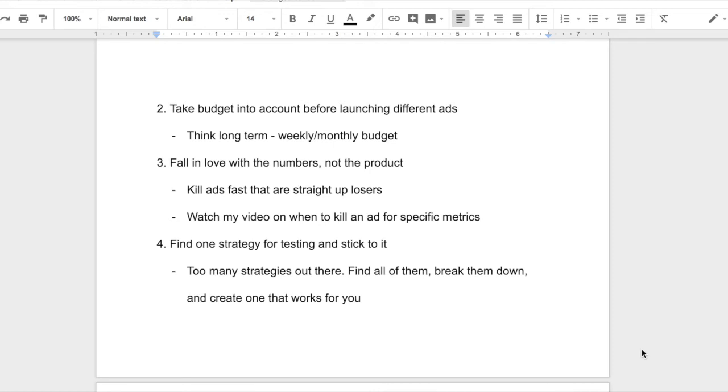And this could save you a lot of money, because sometimes our gut feeling tells us that this product could be a winner, but the numbers say something else. And if we just let it run just because we think it's going to be a winner, that could be an unnecessary investment, and you want to make smart investments in dropshipping. So again, fall in love with the numbers and the metrics that your ads are providing rather than the product